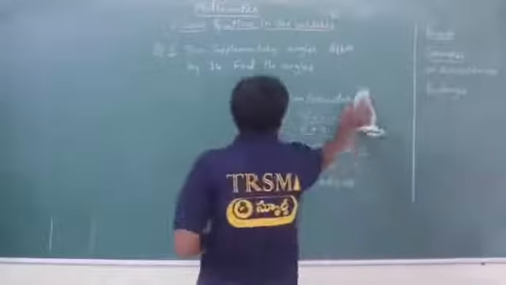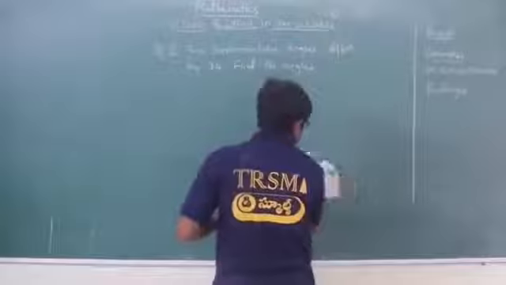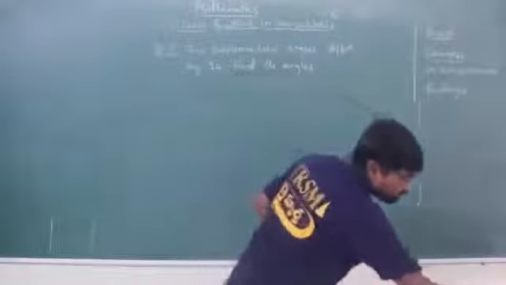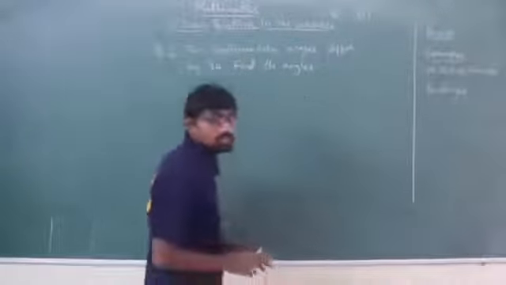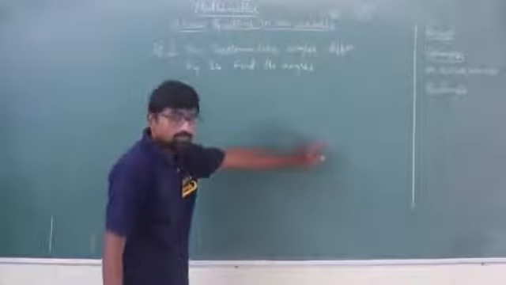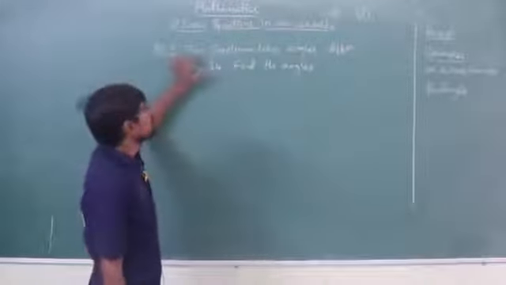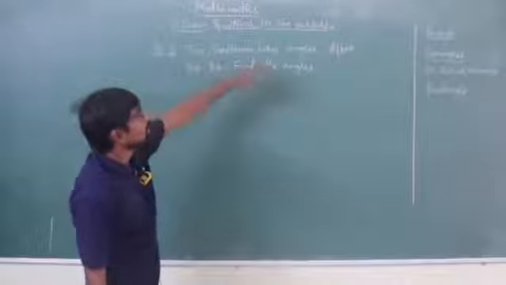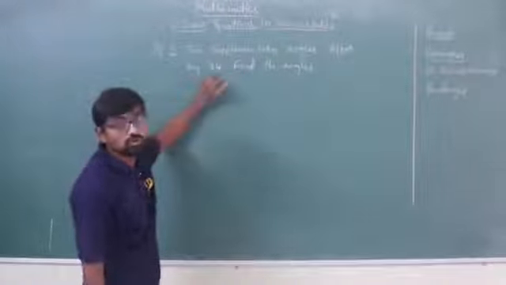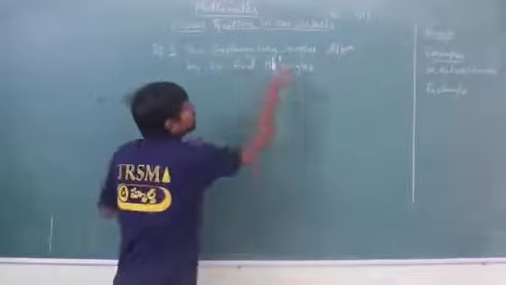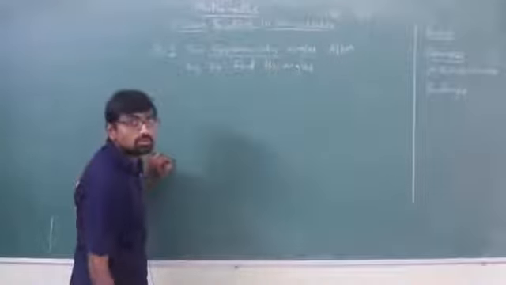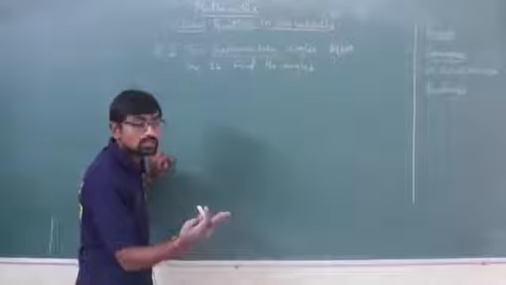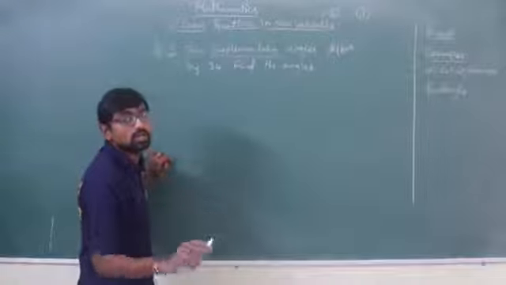Now coming to our question, this question is based upon the same thing we have discussed in this class. Now I am reading the question: two supplementary angles differ by 34. What did he mention about supplementary angles? Do you know what supplementary is? If I add two angles and get 180 degrees.